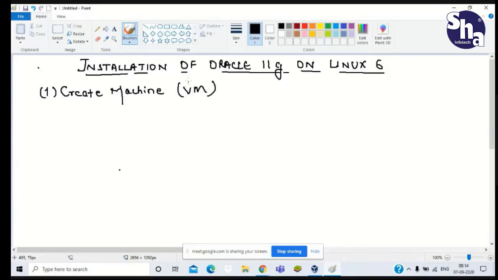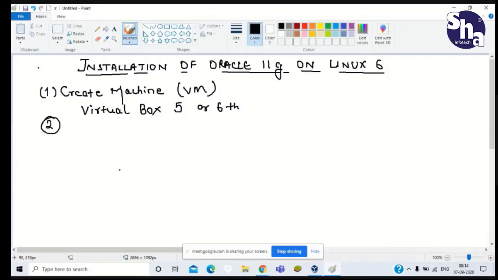For that, you need to download this VirtualBox, Oracle VirtualBox. Have you downloaded it? No, sir. Okay. VirtualBox, maybe fifth version or sixth version. We have to see that.